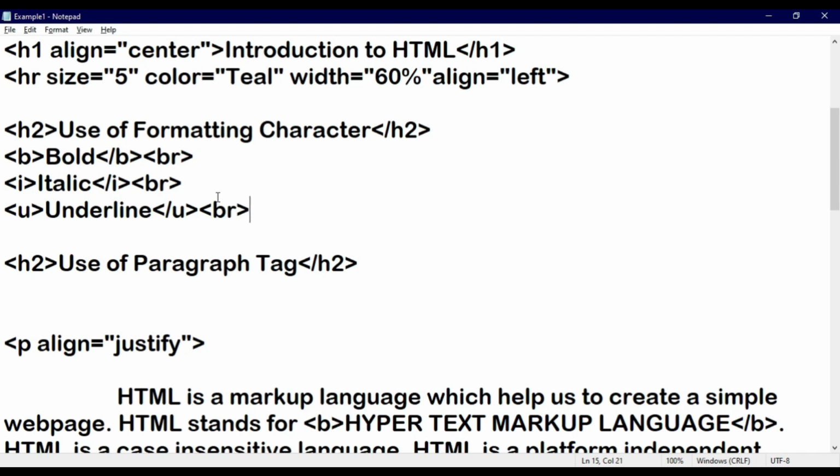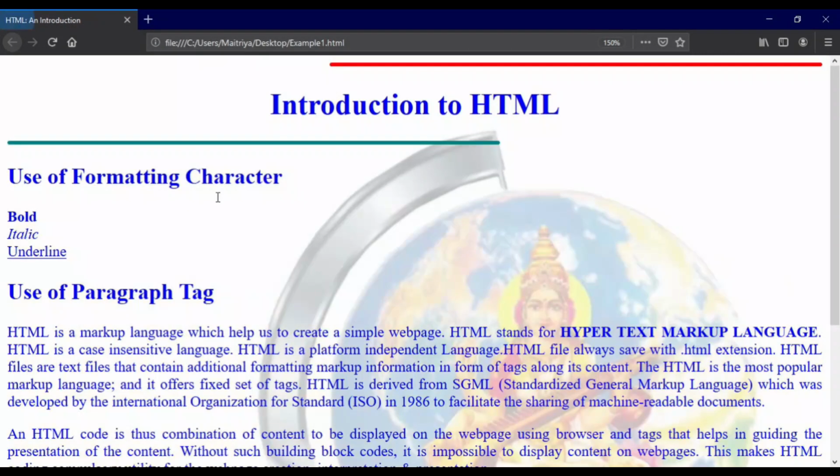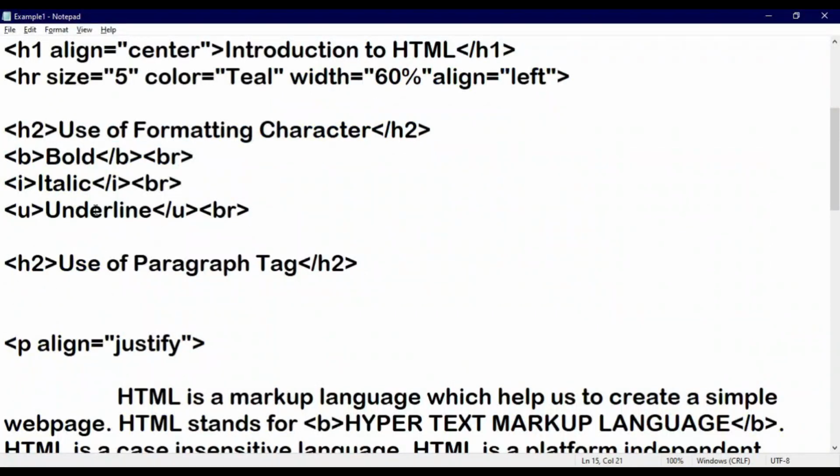So whenever we write this, our text will appear with that particular effect, that is bold, italic and underline. And these particular tags are considered physical style tags, in which we are informing the computer physically that we need to apply this effect on that particular text.